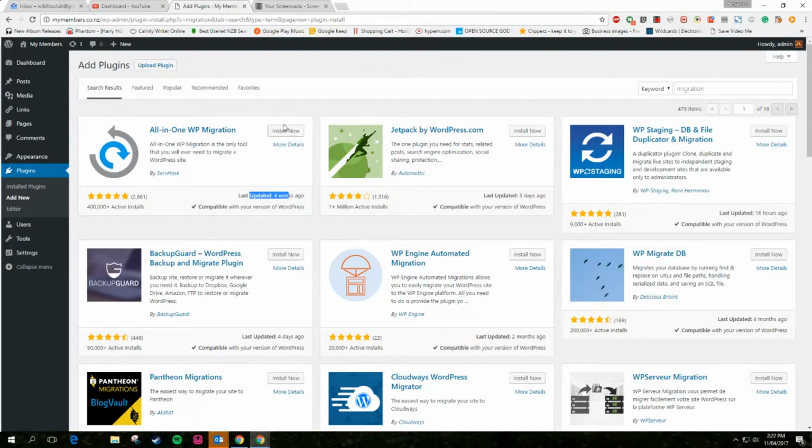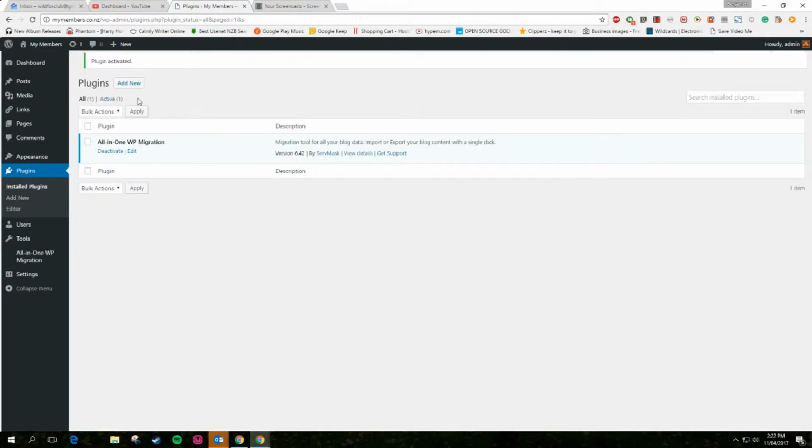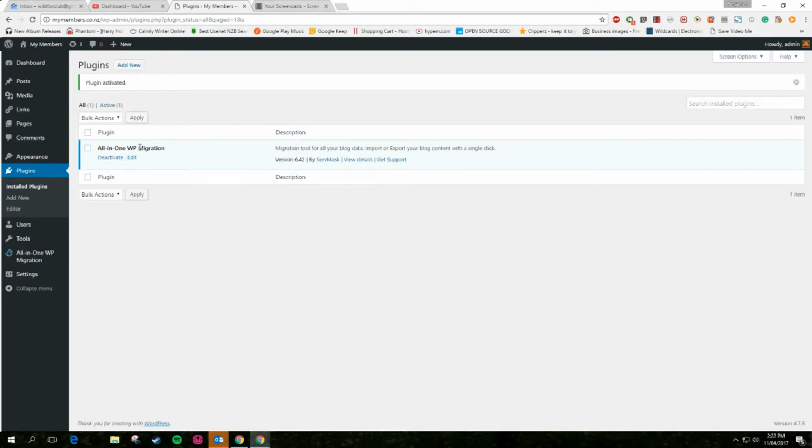If you install this on the from location, this website, and you then had another website called imembers.co.nz and you installed the same plugin on that version and activated it, you would be able to import the export files from this. So anyway, you install the plugin,